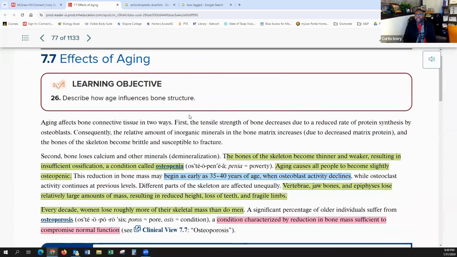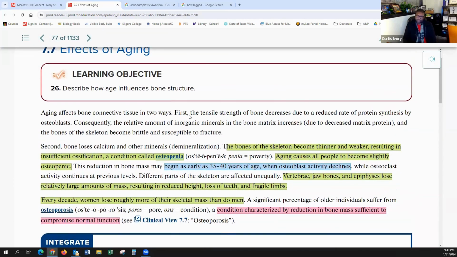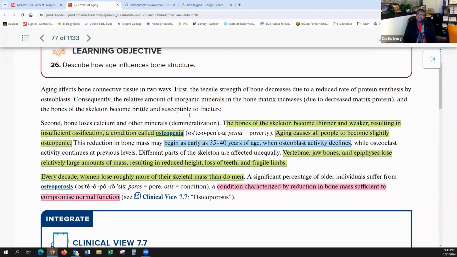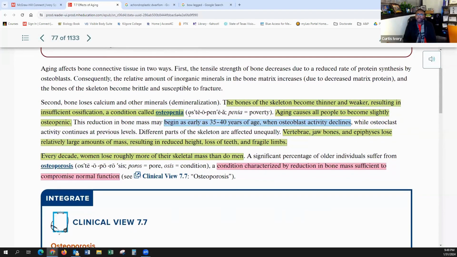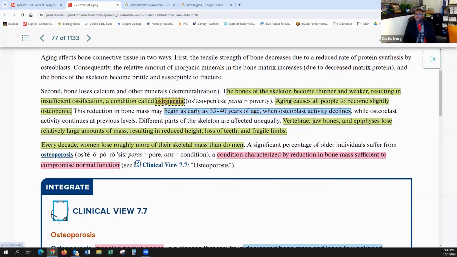So the effects of aging, which this is something we're constantly doing every single day. Essentially, as we get older, bones are going to become thinner and weaker. Also, there is a condition called osteopenia, which penia means poverty. So aging causes all people to become slightly osteopenic. This can begin in the age range of 35 to 40. So I have about 10 more years before I can get to 35. So I guess that's something to look forward to. Not really, but